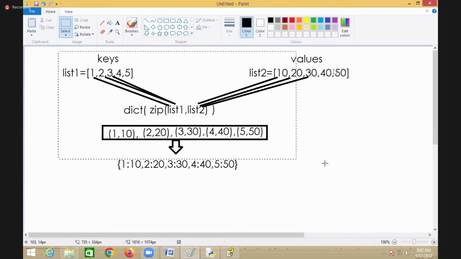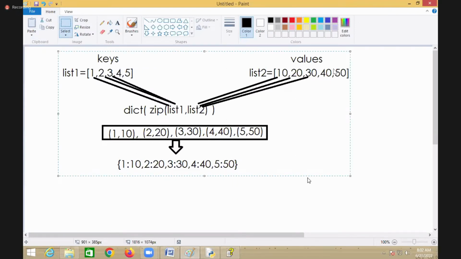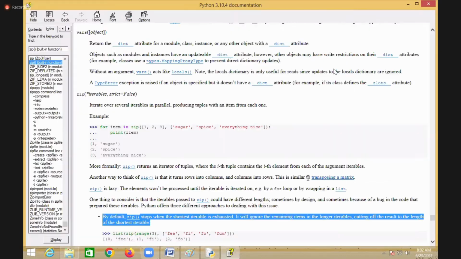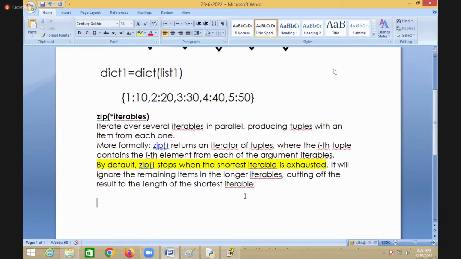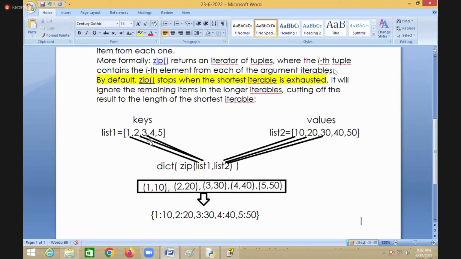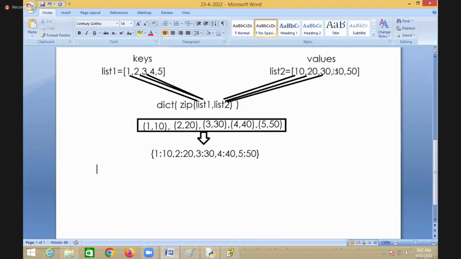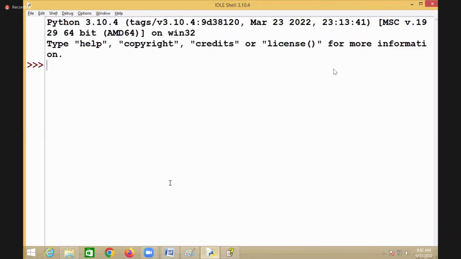This is very much useful if you want to merge two different iterables and generate one iterator. Then you can go for the zip function. For example,